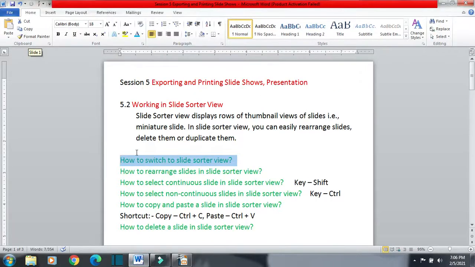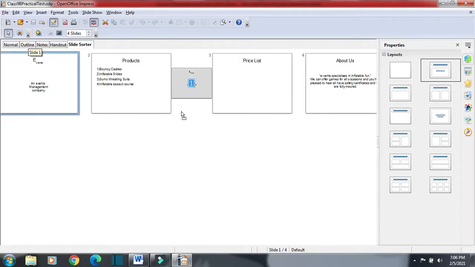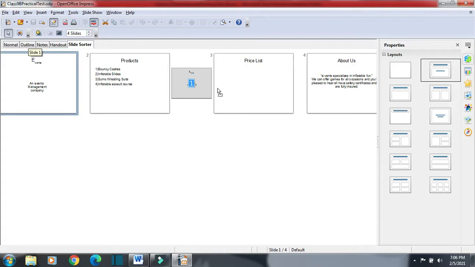So the next question is how to rearrange slides in slide sorter view. If you are in slide sorter view, you can very easily arrange your slides. Suppose I want slide number 1 to come here. For that I will press my left mouse button and drag this slide, and you can see it is coming in between these two.